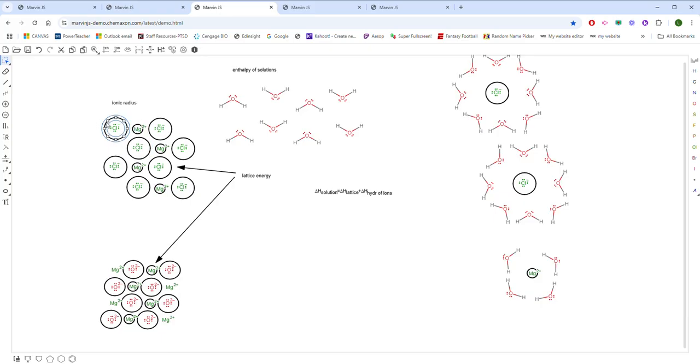When 1 mole of magnesium chloride enters solution, you're actually going to get 2 moles of the chloride ion and 1 of the magnesium. Dissolving magnesium chloride in water would likely be slightly exothermic. The lattice energy and the energy needed to break apart water would be less than the energy released when the new attractions formed. Something like magnesium oxide, probably not going to be very soluble in water, and if it was, you'd hardly notice it in terms of